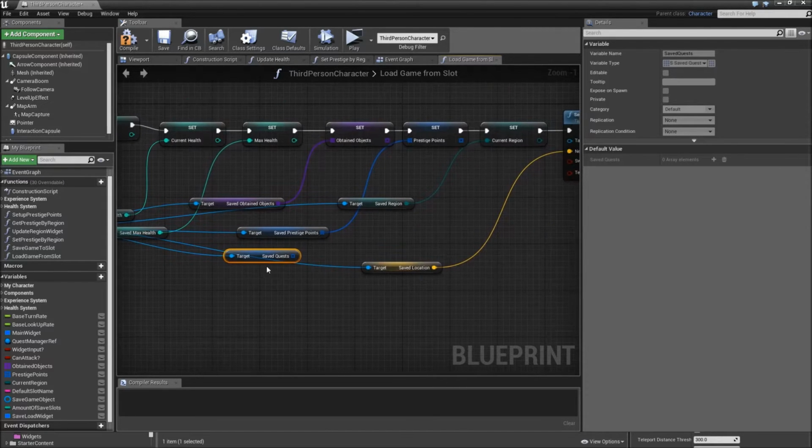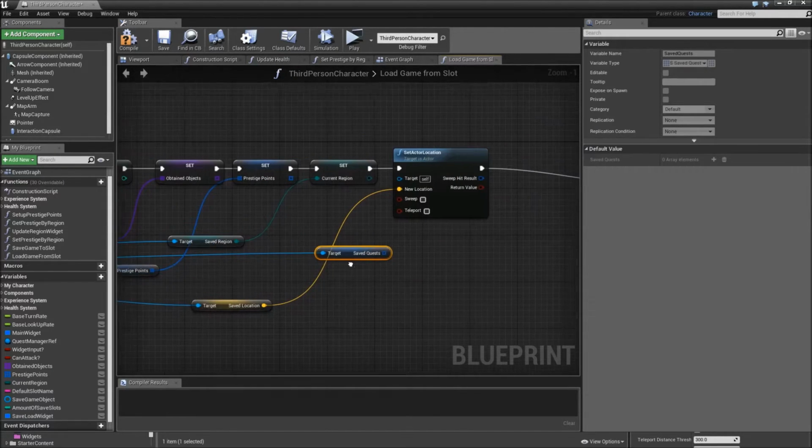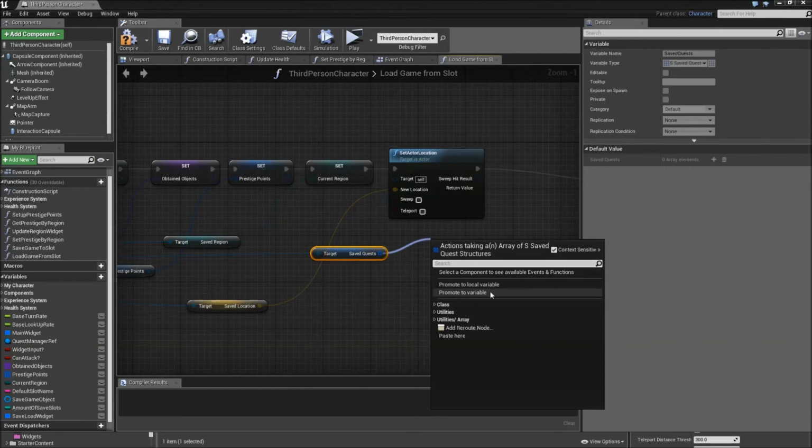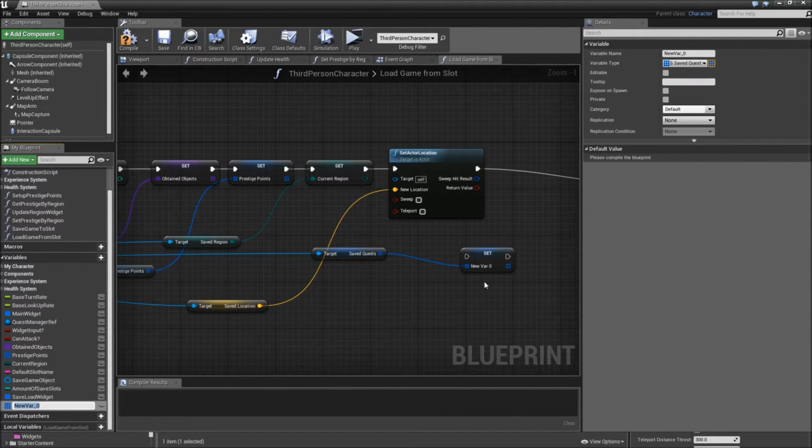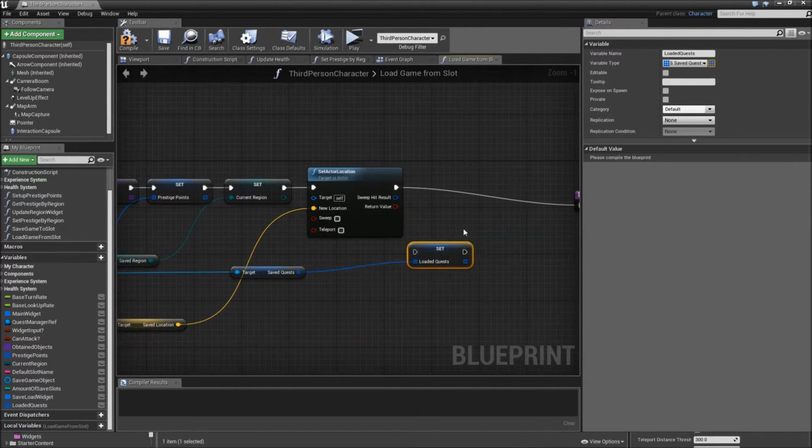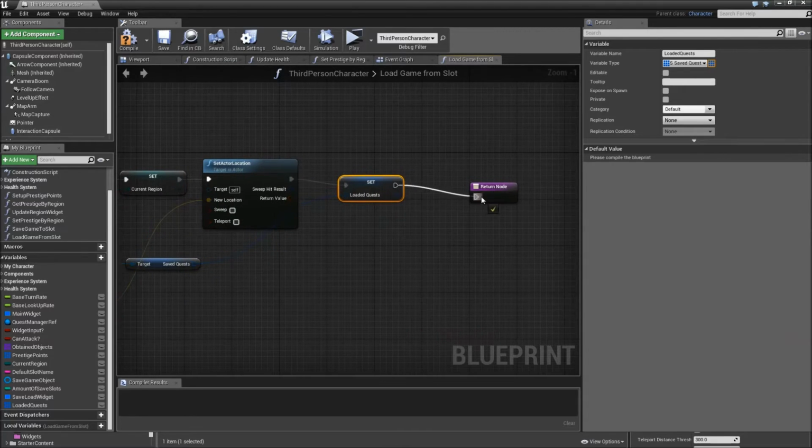The only thing we want to do in our third person character is promote that to a variable so we can access that later. All of the actual loading will be handled by our quest manager. We can just call that loaded quests